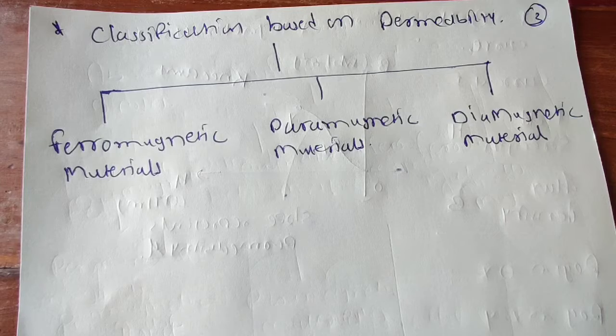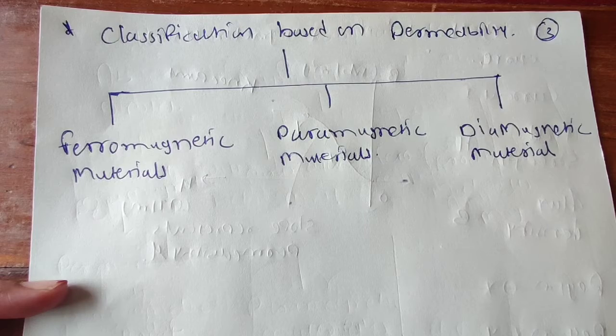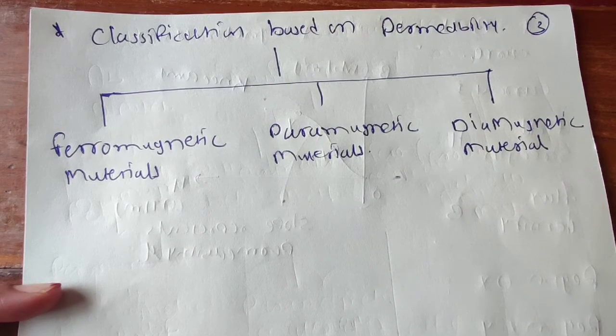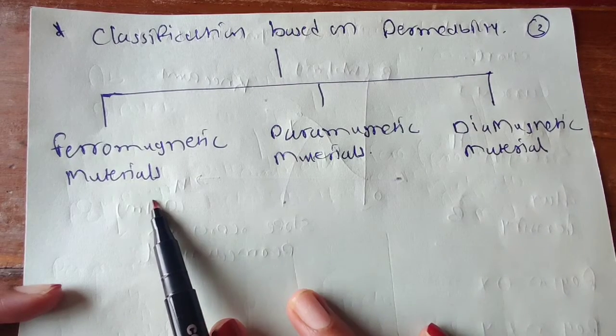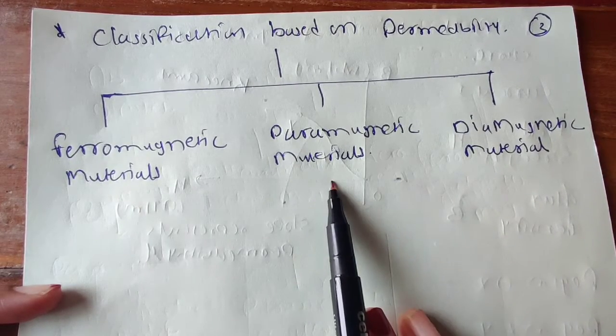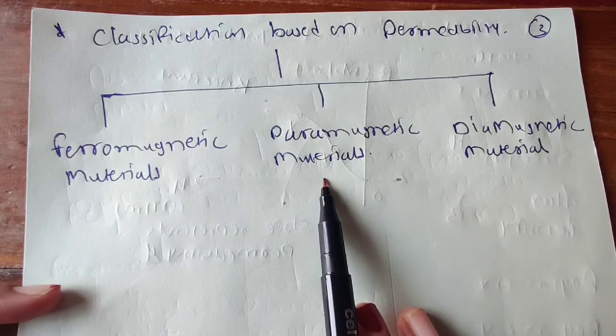So this is all about a ferromagnetic material. Now the paramagnetic material. The relative permeability of this particular material is only slightly greater than 1. This is slightly greater than 1. Now the properties of this paramagnetic material, if you want to consider, when paramagnetic materials are placed